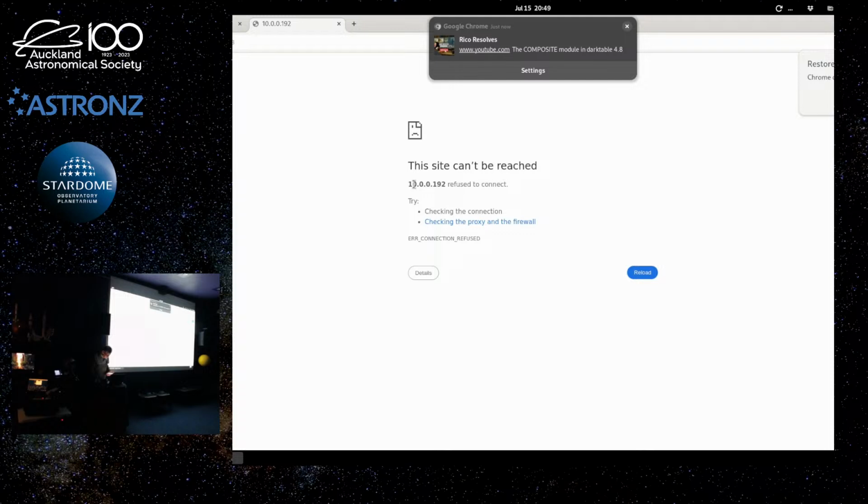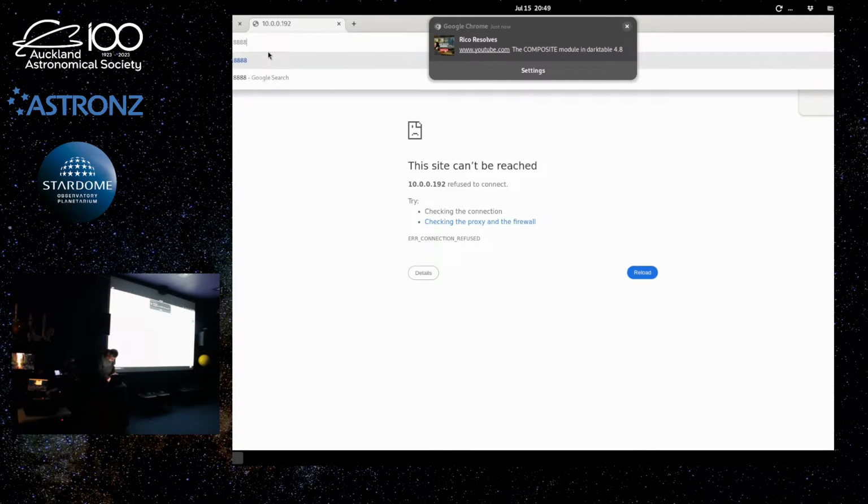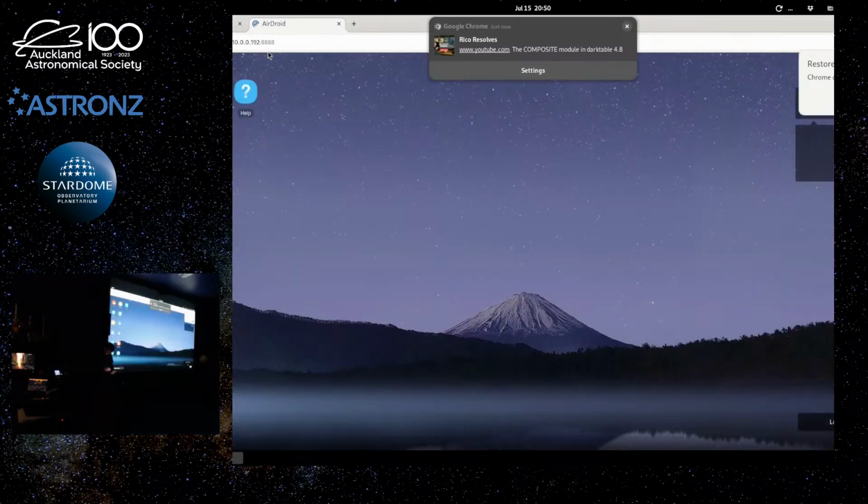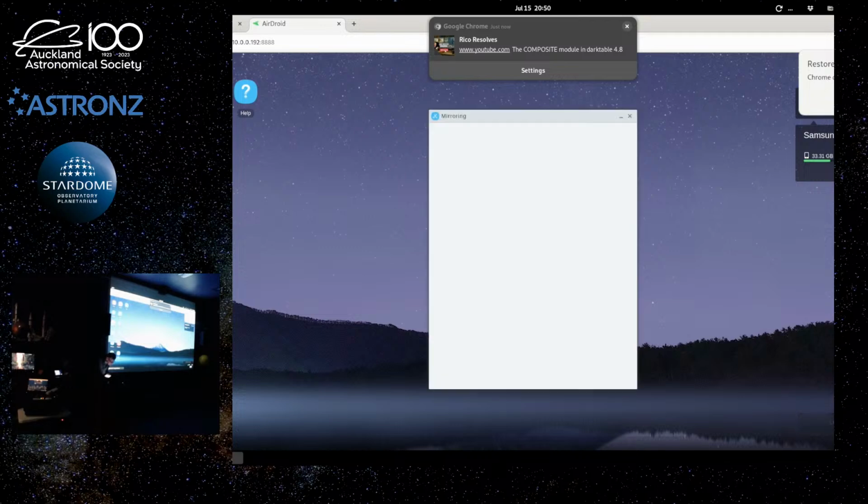Ah, damn. Try that. Oh, here we go. That's got it. Right, so basically what we're supposed to be able to do, you can do various things on here, but we should be able to, if I find the right setting, under mirroring, and I'm not sure,